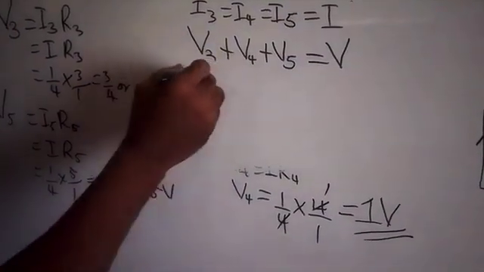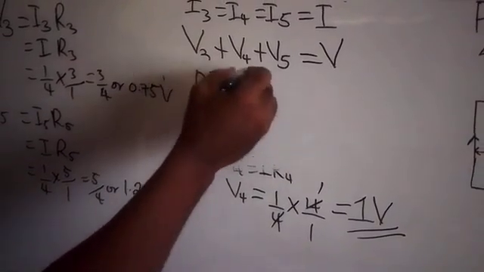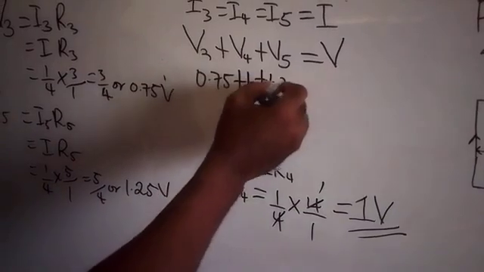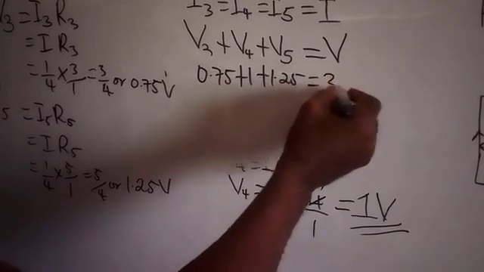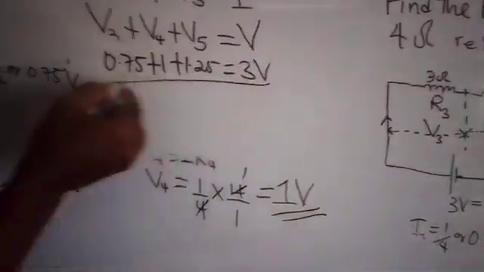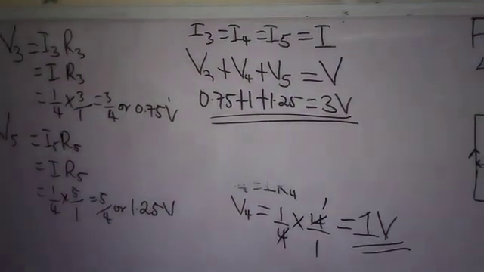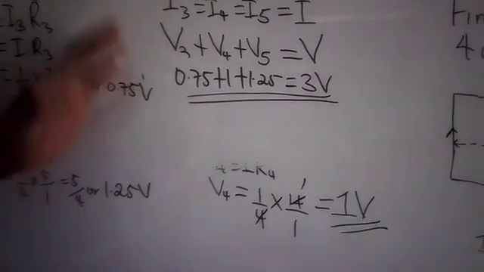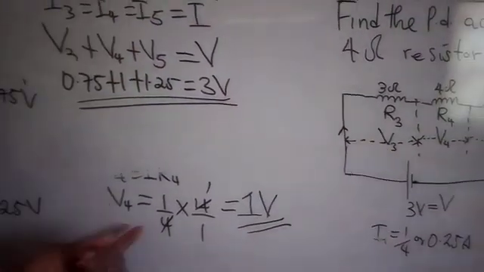Now, test if this formula is correct. V3 is 0.75, V4 is 1, V5 is 1.25. When you add these 3, it gives you 3 volts, which is what we started with. So telling us that the concept we adopted is actually correct. And with this, we're able to analyze simple circuits like this. Don't forget, we are only asked to find